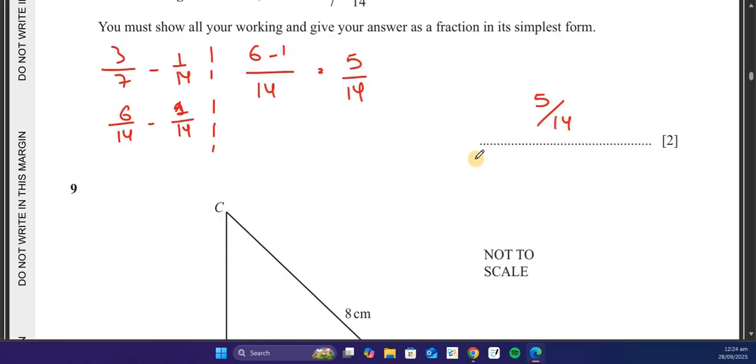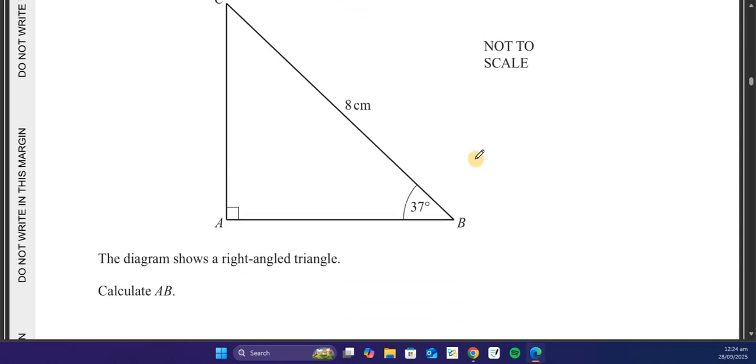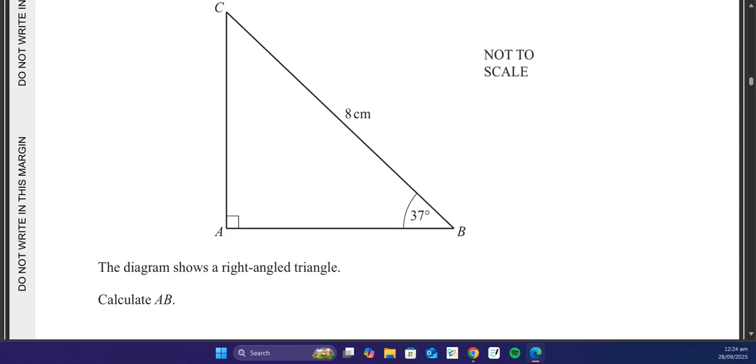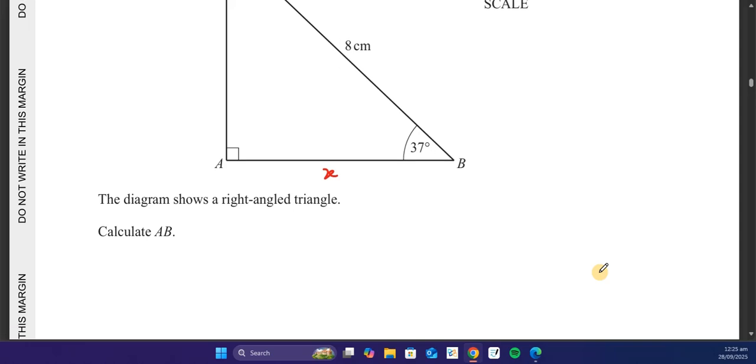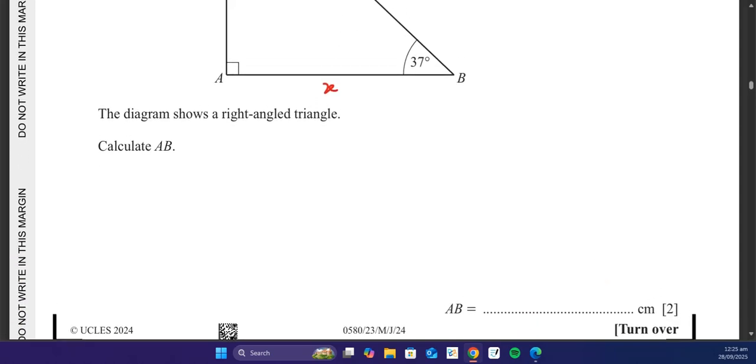All right, moving on. The diagram shows a right angled triangle. Calculate AB. So basically AB is the base over here, and let's say we're going to take it as x. Okay, so x is AB. We need to calculate the length AB. Okay, so we could just use cos. Okay, so cos is